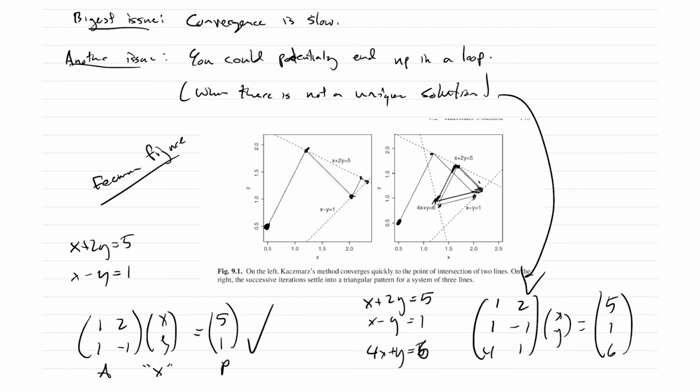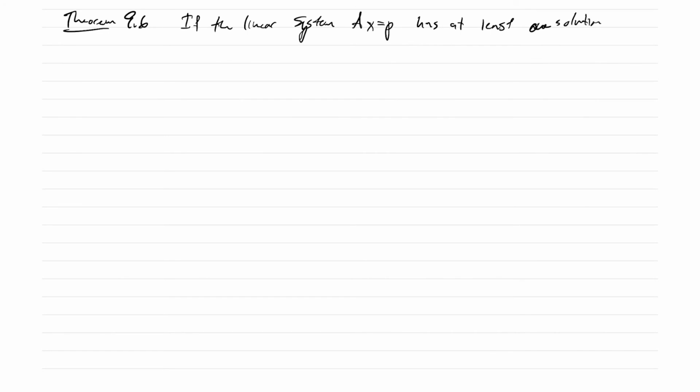Okay, but there is a theorem, this is Theorem 9.6, and it says that if the linear system AX equals B has at least one solution, then the Kaczmarz method converges to a solution. And then they say, moreover,